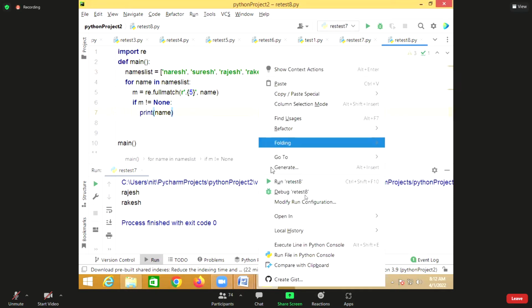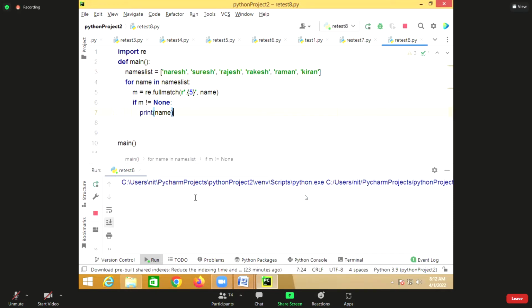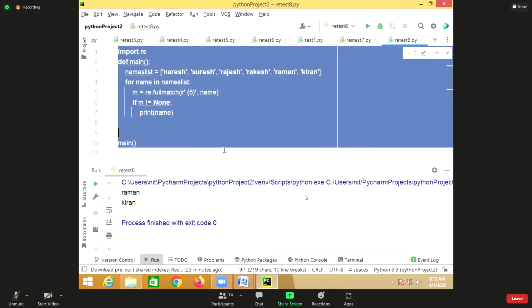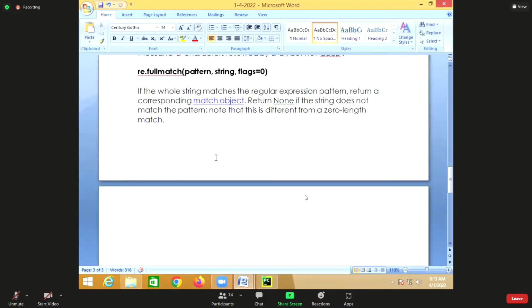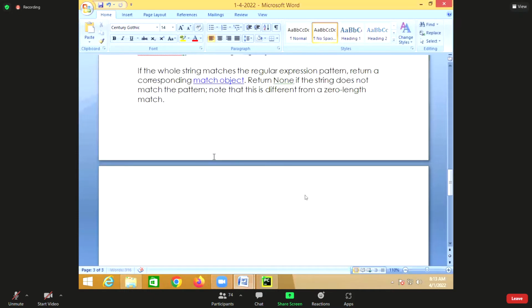We'll execute this. So how many names are there? 2 names, Raman and Kiran. These names have 5 characters. Number of repetitions are given in curly braces.